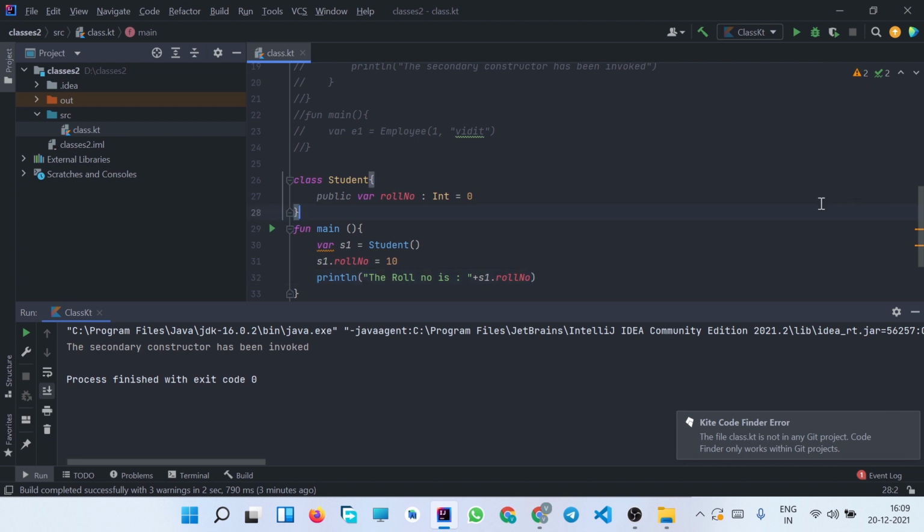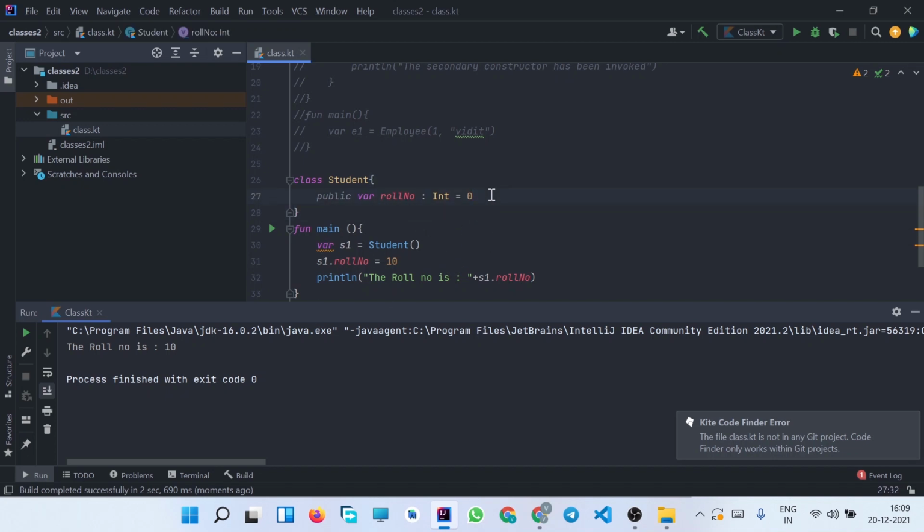So now let us try to run the code and see what is the output. So you can see the output is the roll number is 10. So the value is updated and we can easily access the attributes which have been declared using the public access modifier. So this was a public access modifier.